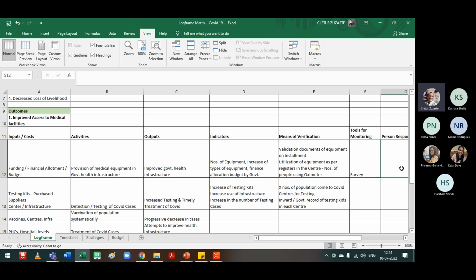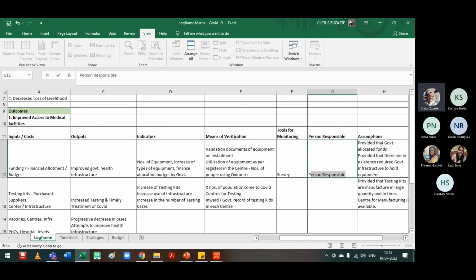Okay, you could do the analysis with the team together, the reflection exercise. But usually when you're looking at monitoring, you're looking at some kind of intermediary staff who would take it. But you could also use the staff at the grassroots to collect the data if it is something that is cumbersome, that is difficult. But generally the person responsible would be, say, like in this case, the program coordinator. Okay, so the program coordinator would do